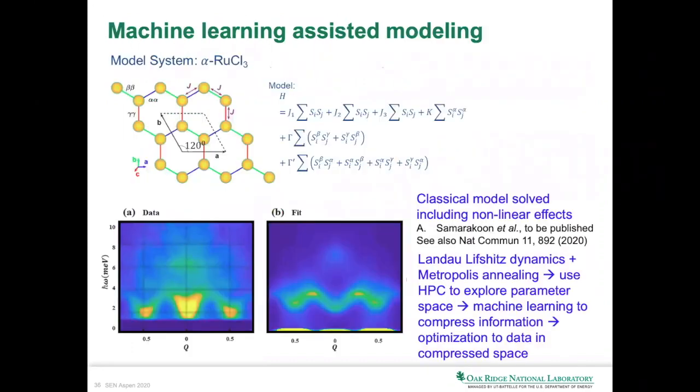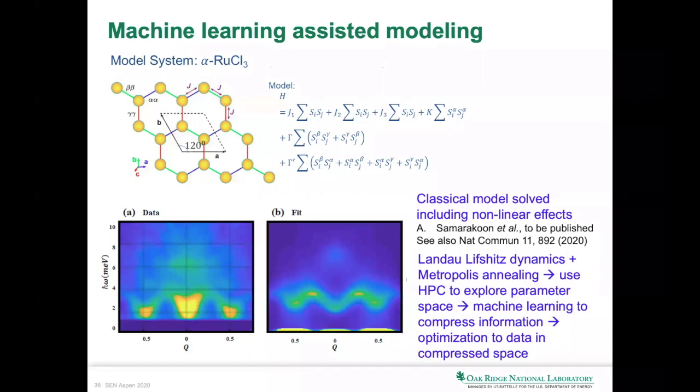Now, one attempt that might be interesting, just because this is supposed to be a meeting partially on computation, and Janice Amarakun and Christian Batista and some others have tried to see how far they could push this with a classical model that includes all the nonlinearities. So here's their plot of some data, and here's a fit to a classical model that starts from sort of dynamics equation of motion, uses some annealing, then they explore sort of a vast parameter space using HPC to make it feasible. Then they put it through some machine learning algorithm to try and compress